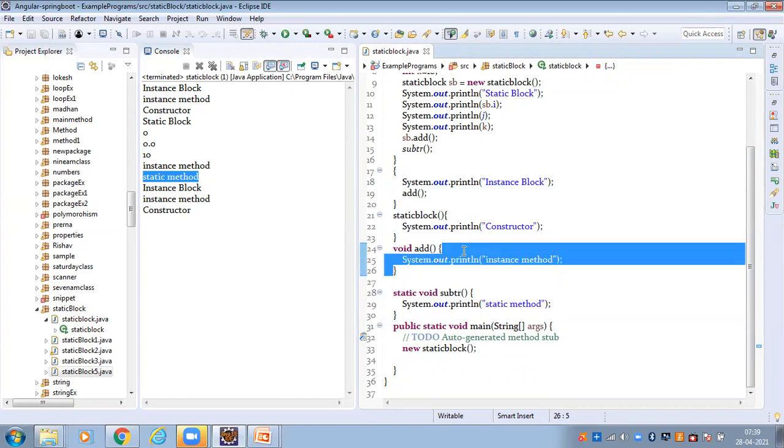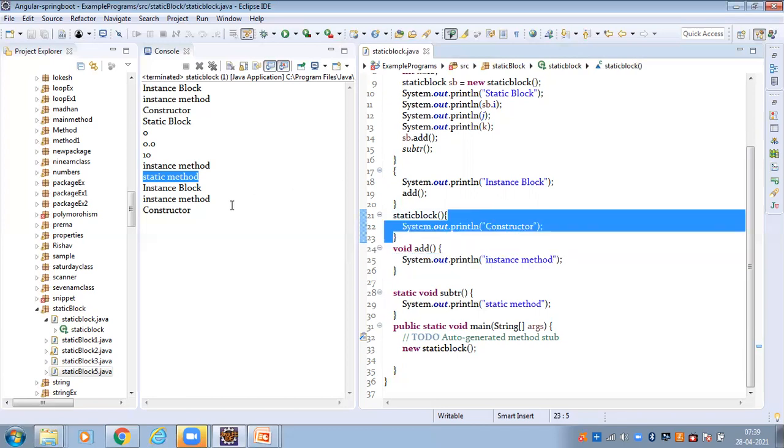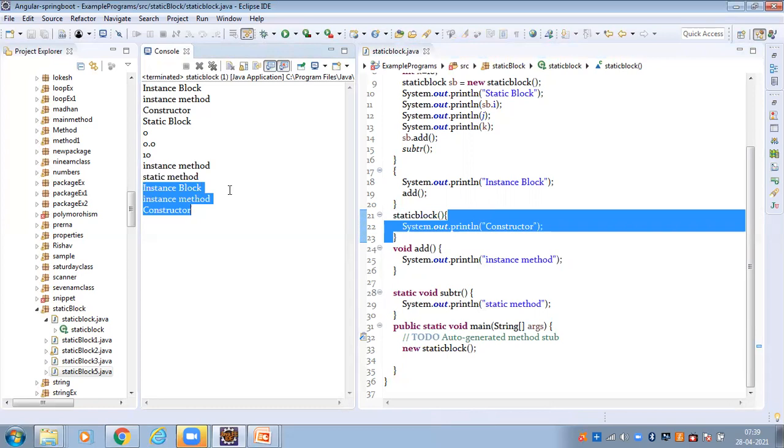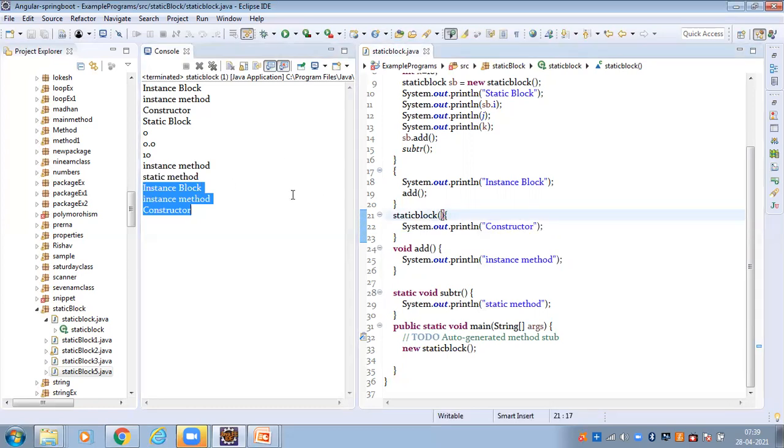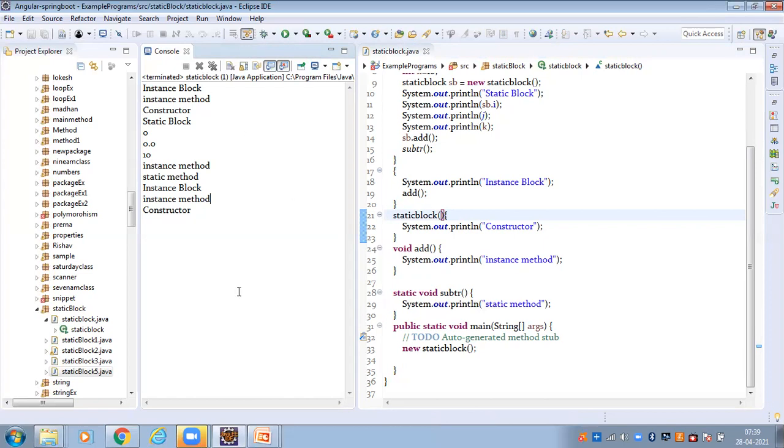Add method is an instance method. Instance method is printed here. After completing this, the constructor is executed. So instance block, instance method, and the constructor. So this is the way we have to access the static block. The static block is executed only once before main method. So this is static.